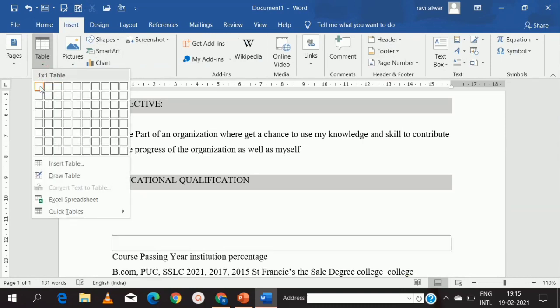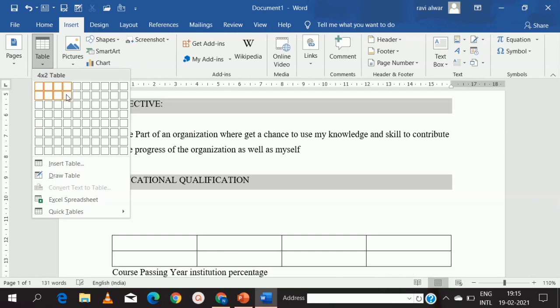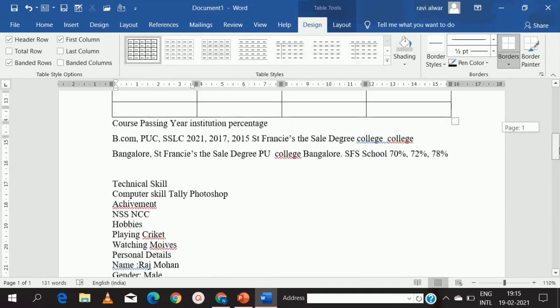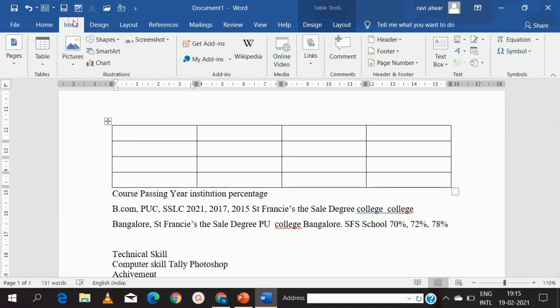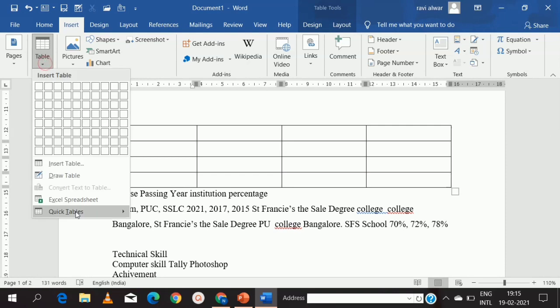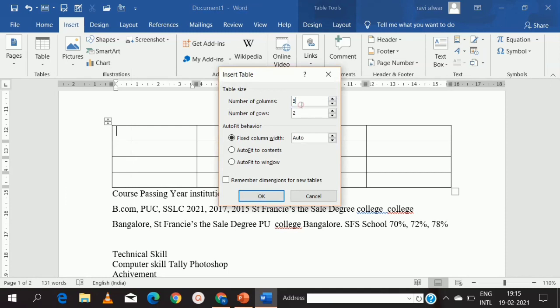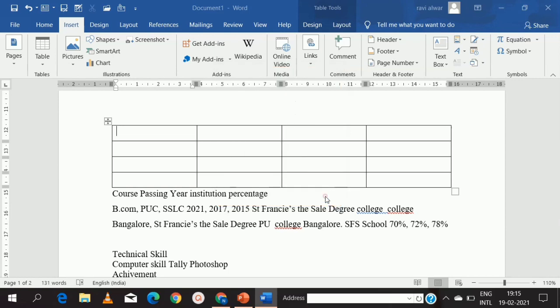One is for course, the other one is for passing year, the other one is for institution, the other one is for percentage. Then for BCom, PUC and SSLC. So you can insert the table this way, or you can click on insert table and mention the columns and rows which you require. You can do like that also.